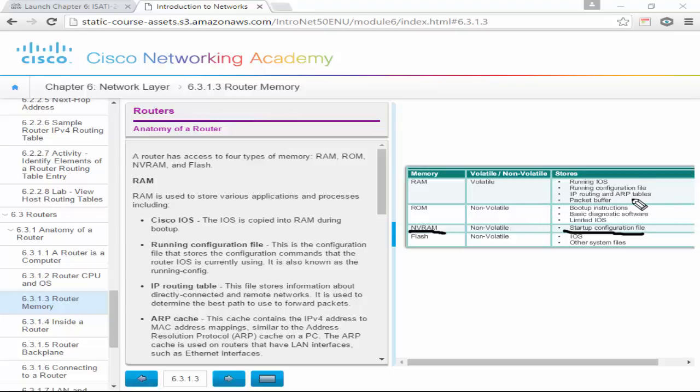And then the ARP table and packet buffers build themselves. Depending on whether we have static routes stored or whatever else is going on, they learn as they go, and the packet buffers build as we send